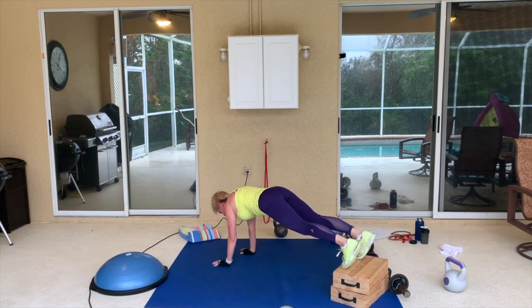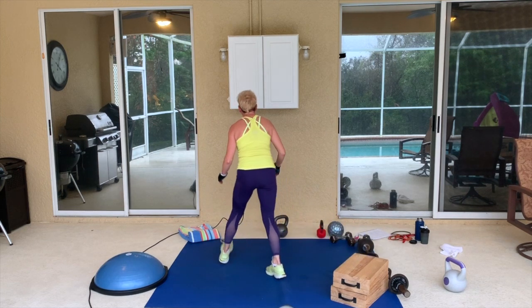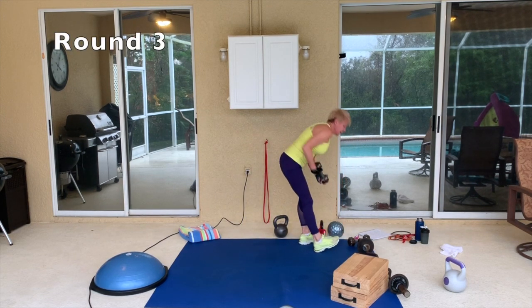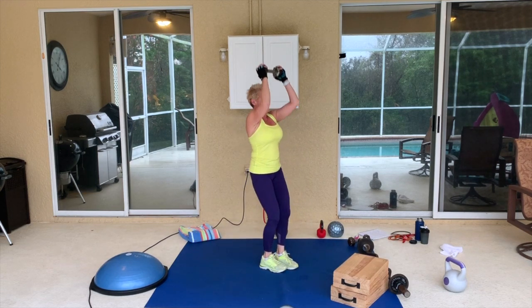Just elevating a tad bit just makes it a little notch harder. So you go with what you feel comfortable with. Back around. Okay, if you don't have a ball or a kettlebell and you have a dumbbell,